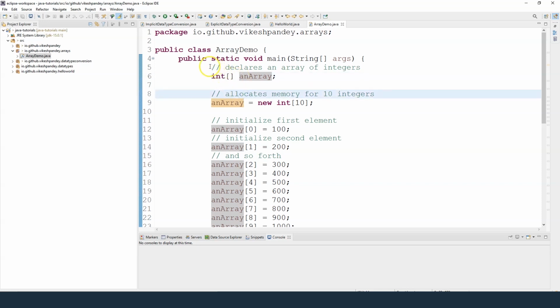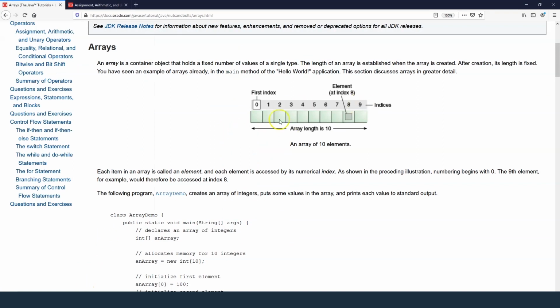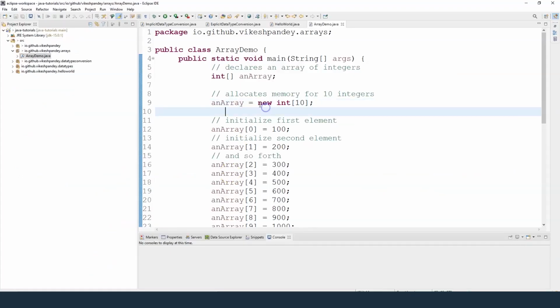Now we just declared an array, but we still haven't allocated a size to it. You can do that with this particular syntax. You put the variable name of the array and say new int and put the right size here. This size can be anything. Once you do this, the array will actually allocate those memory boxes which we covered here. The moment you do new int 10, these continuous boxes will be placed in the memory and the memory is allocated to this array. We call this memory allocation. This is how you allocate memory to the array. So we allocated memory to this array for storing 10 integers.